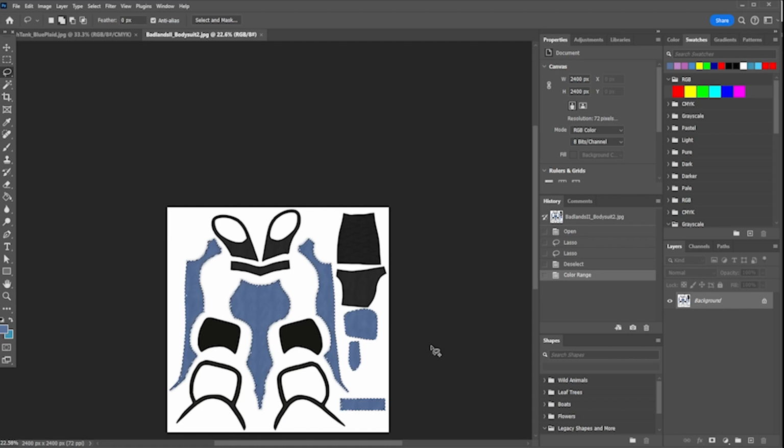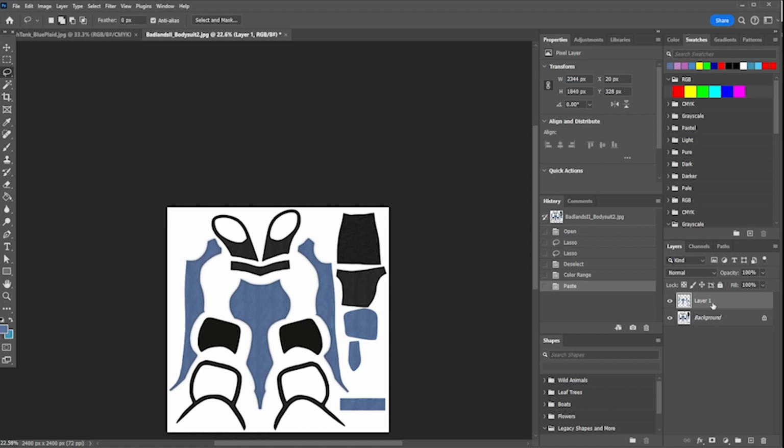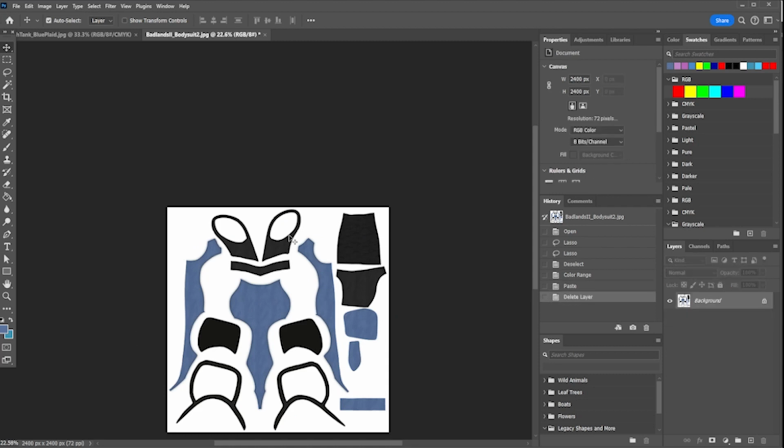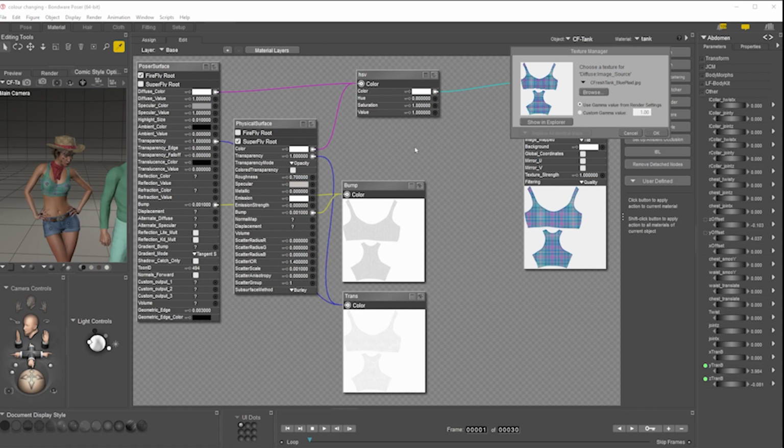Supposing I had layers going on here, supposing I did Control C, Control V. Now what I've done is I've created a layer here of that blue, which I'll just demonstrate here. See, I've got a layer made up only of that. Supposing I wanted to do something with that, use it to make shadows or something. By saving it as a Photoshop document, it retains full editability. And then I can just go back into my Poser and browse and load that change thing that I've done. And one final example,